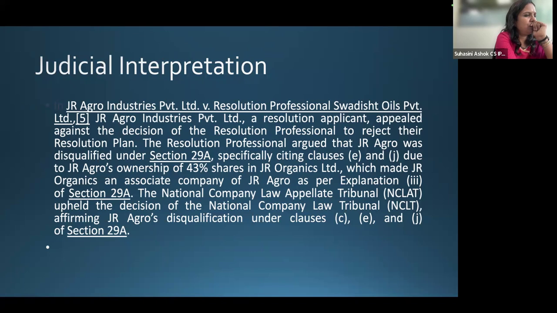can you go down? Has a connected person, not eligible under clauses A to I. In one of the companies, the director was disqualified for non-filing of their financials. Also, they are connected persons. So he has disqualified them under E and J. However, NCLAT has added one more. That is, they have added that he is ineligible under C also. C is